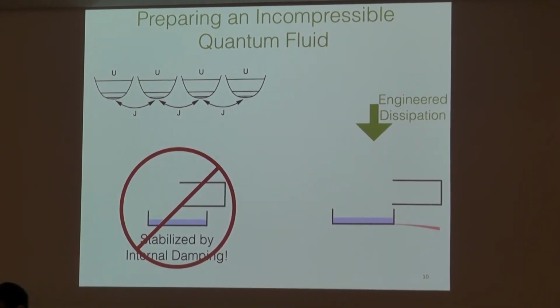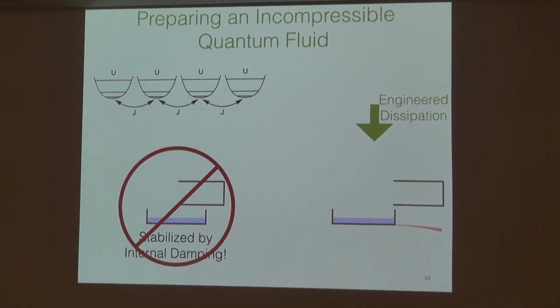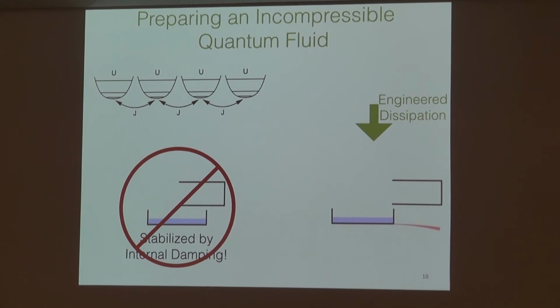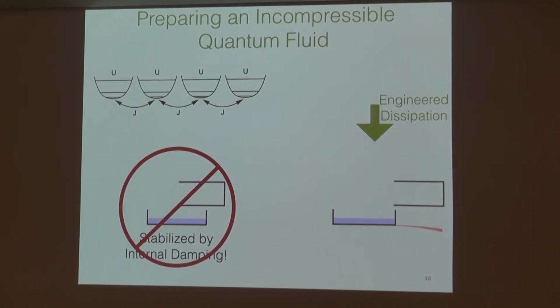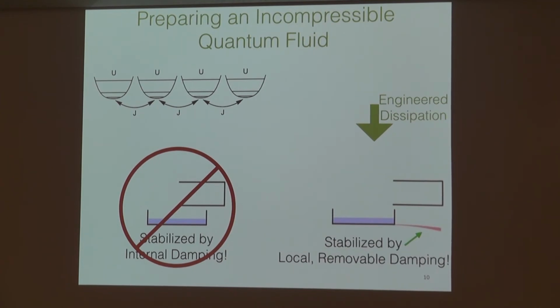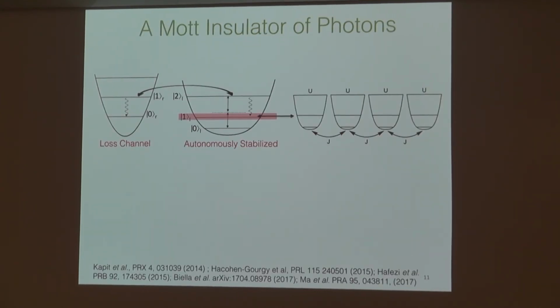So the question is, how do we engineer such an object? Jake has a very general way to do it. We have a specific implementation which works only for incompressible states, which is more akin to work that you guys have done with Mohammed and Elliot. Actually, it's exactly equivalent to that, but maybe a little simpler to implement. So the basic idea of this approach is to take our Bose-Hubbard chain here and couple